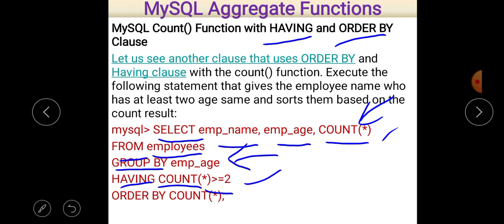And then after that it is arranged in ascending order according to the counting, because as we know, by default ascending order is used with the order by clause. So let us see its answer.